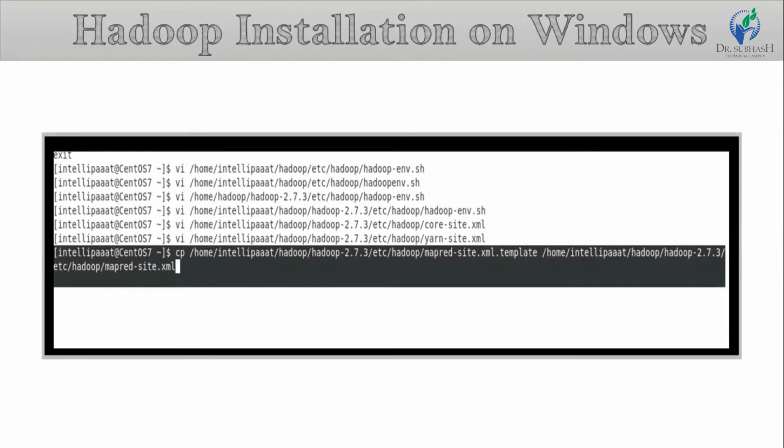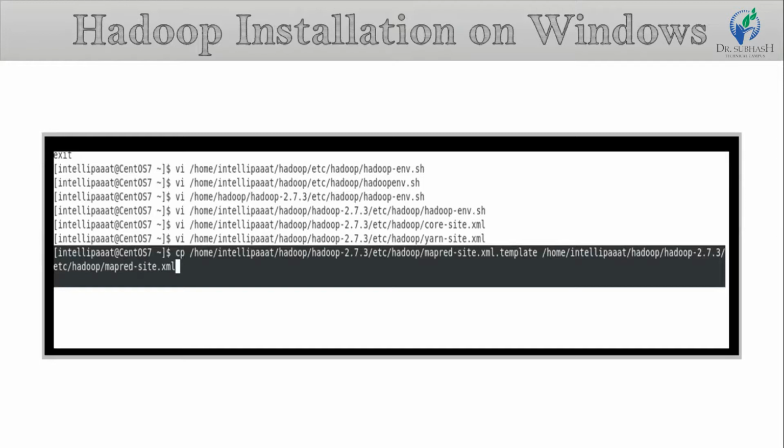Remember one thing, if you go to the following given path, you will see that there is no file named mapred-site.xml. For that, you first go to home, then IntelliPart, then Hadoop, then Hadoop 2.7.3, then follow that path, and continue until you find the Hadoop folder.